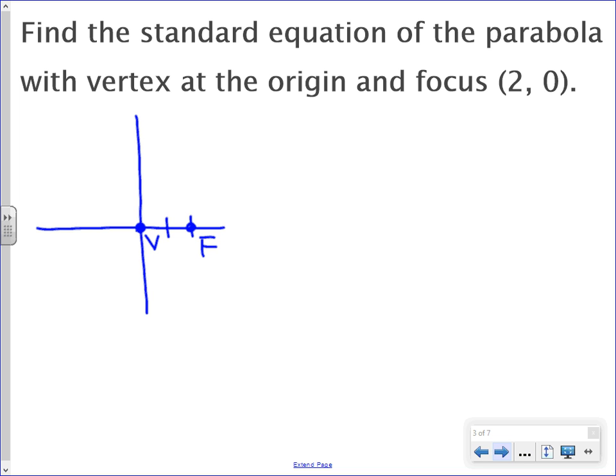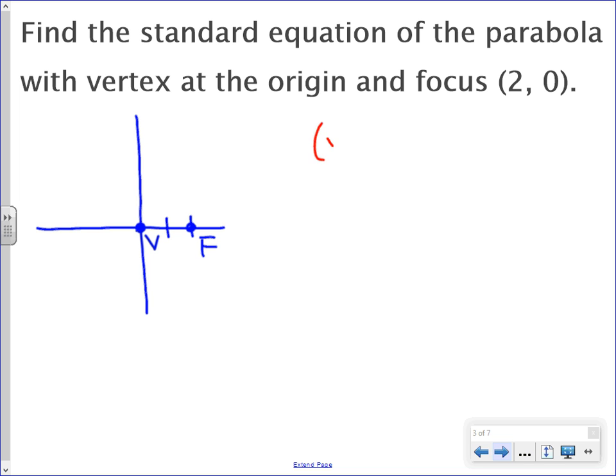This is what I would do if I were you. I would plot those things so you can visually see what's happening. We have a vertex at the origin and we have a focus at 2, 0. This tells us a couple things. First of all, if we have that plotted, we can visually see which direction this is going to open. To the right. Okay? So if we know that this opens to the right, we know that we are filling